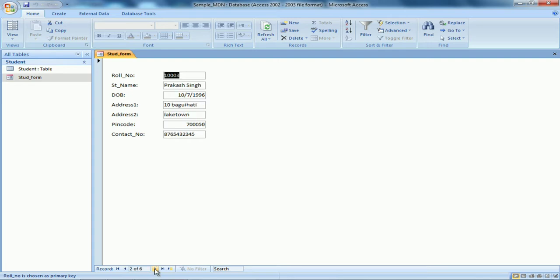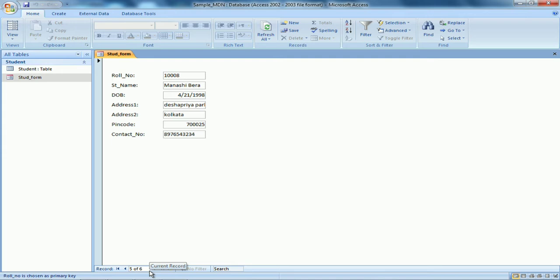Now let us open the form once again. First record, second record, third record, fourth record, fifth record, sixth record. So my roll number was 1006. It is not being entered. I had given it, so why is it not entering? Let me check now. Had I given something wrong? Yeah, it has taken 1008. Yes, I think I had given 1008. So it has taken the records. Now it is automatically saved.